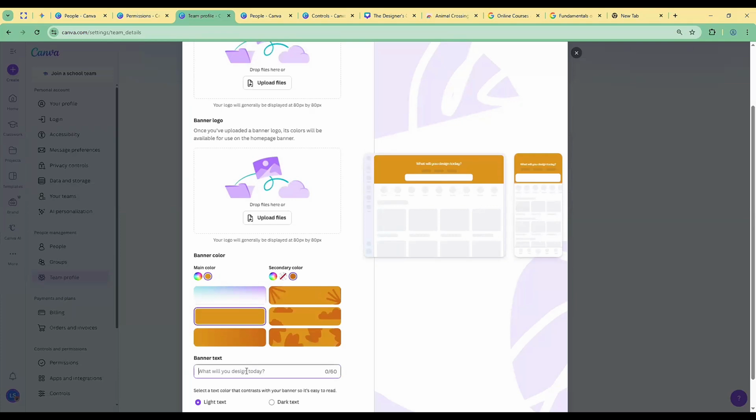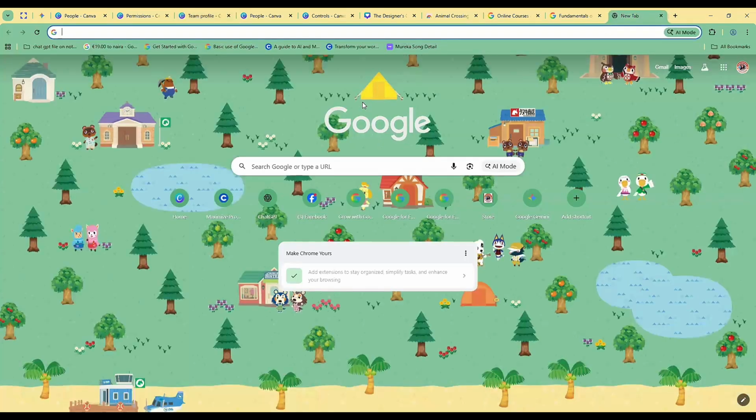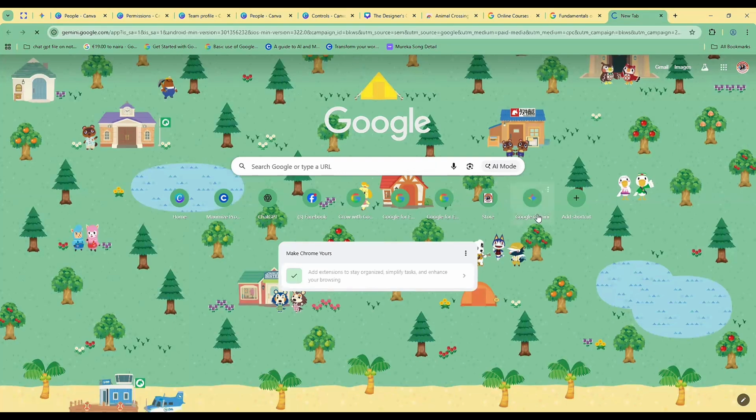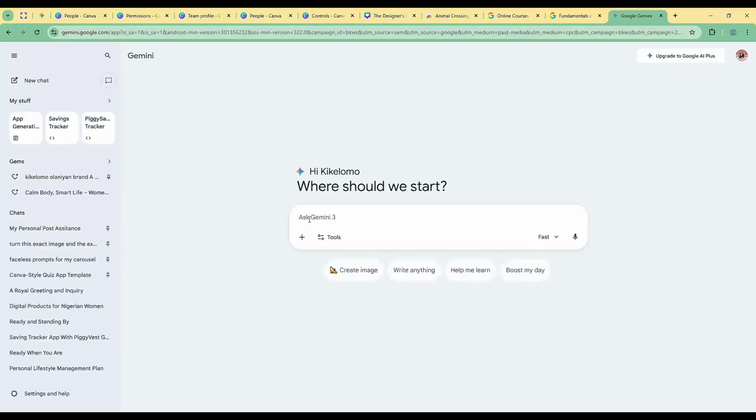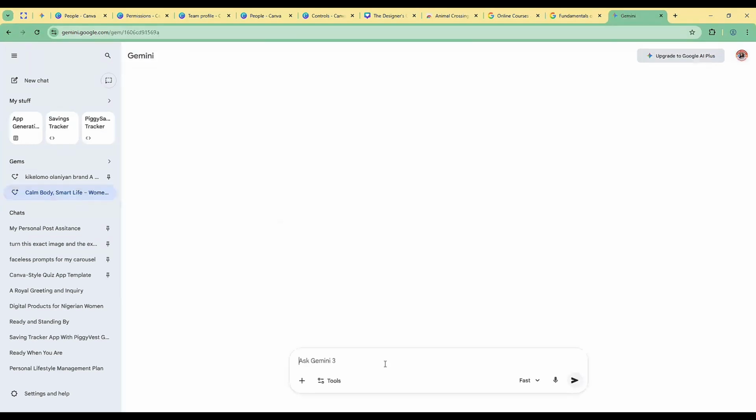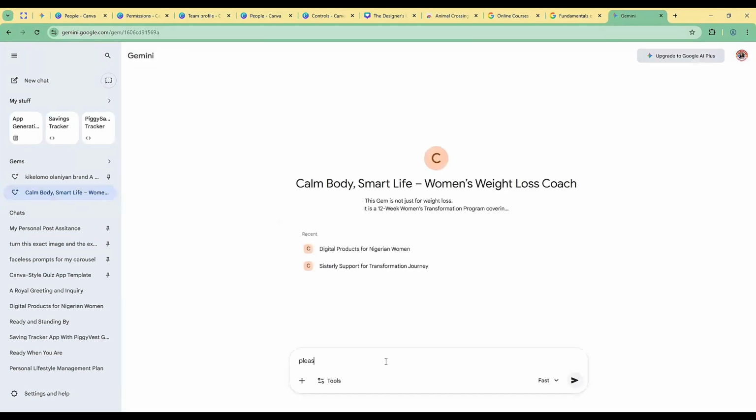I don't want to just add anything. So I will now come to ChatGPT. I'll come to my ChatGPT or Gemini. Let me use Google Gemini. I can use ChatGPT. I can use Gemini. So if I don't want to talk more, I will just say, please. For example, if I'm working on weight loss, I have a gem that I've set up to answer me in such format. So I'll just come to my gem. Please, I work on Canva